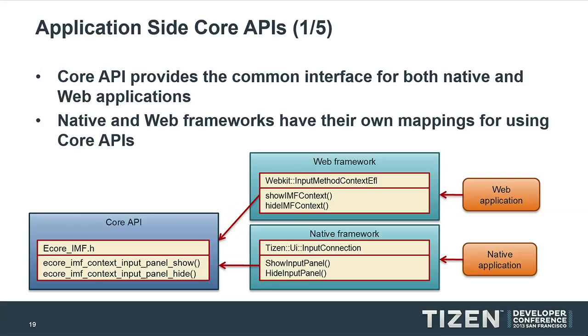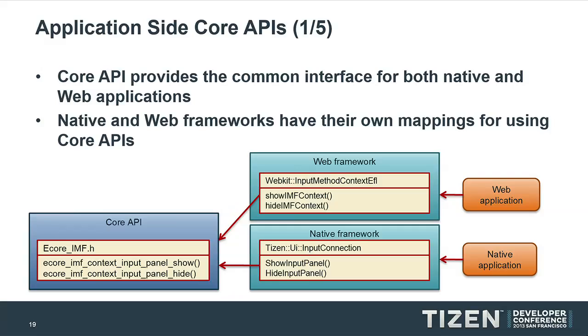And as you can see in the figure below, native and web frameworks have their own mappings for using core APIs. So it'll be better to just have a look at this core API to figure out what kind of common functionalities we provide in platform level than having a look at those